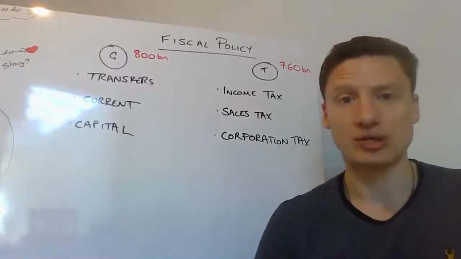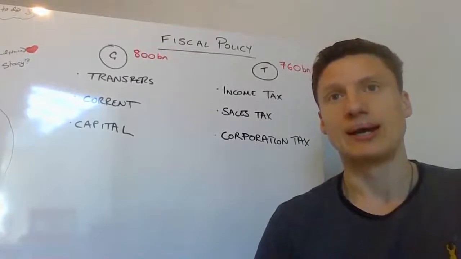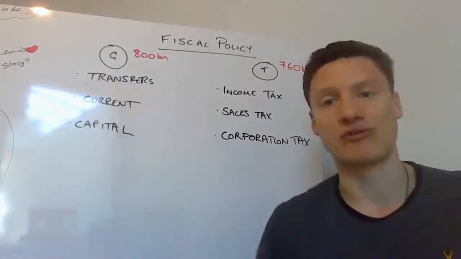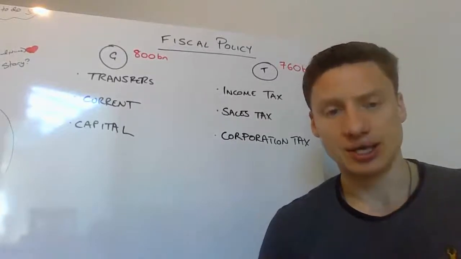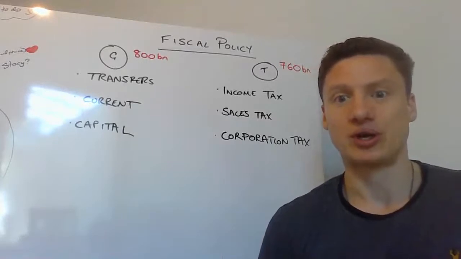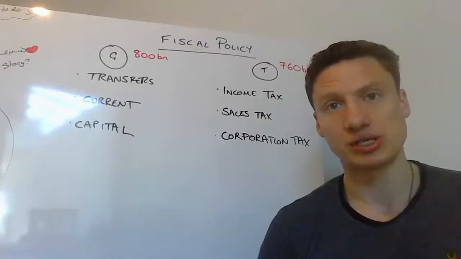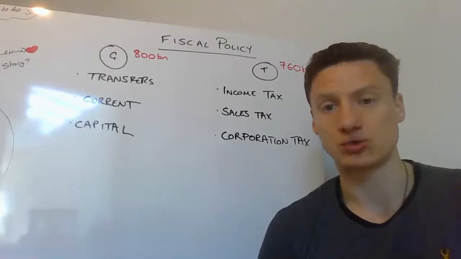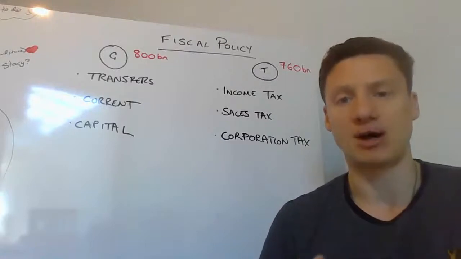Subsidies, remember, don't have to be used in the production of anything. They could just be there to reduce costs for firms. And pensions is another big one for transfer payments. Current spending then is where we would expect some economic output in return. What we're really talking about there is public sector wages. So the wages for nurses, doctors, soldiers, state school teachers, people who provide a service on behalf of the government.